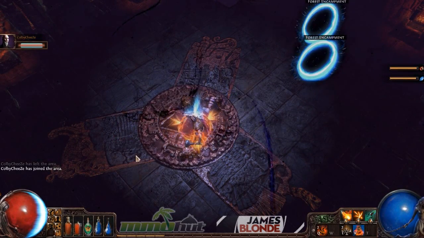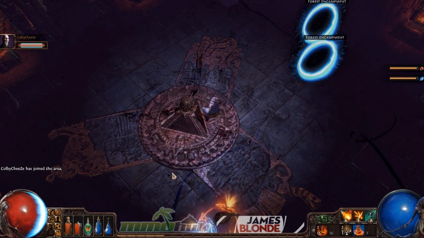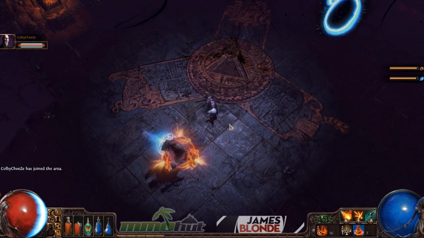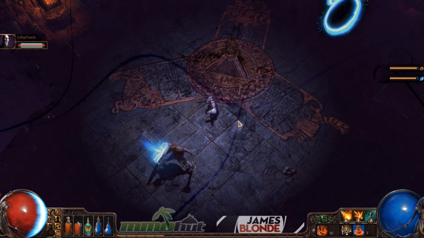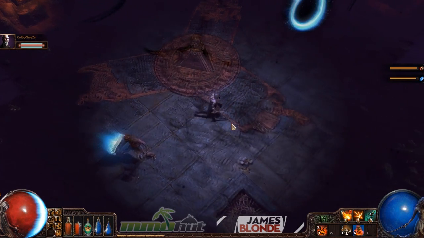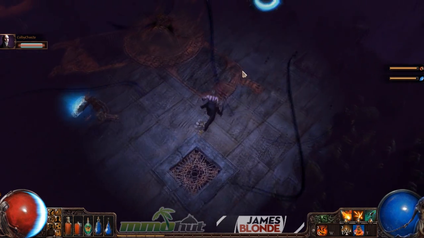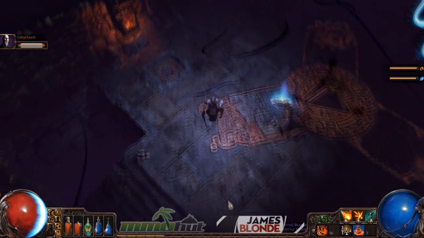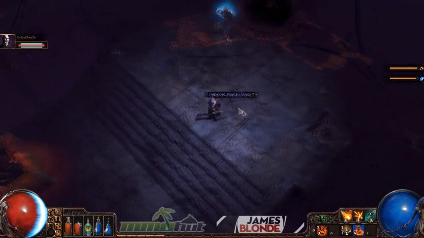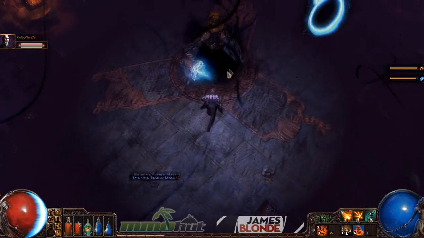What's happening, guys? This is James Blonde and my buddy Colby Cheese, and we're about to take on the last boss of Act 2 in Path of Exile. As it just recently went into open beta, the game now has new content past this point. So in this video, we'll be taking a look at the various parts of Act 3, as well as showing you the complexity of the game by explaining what I've done with my character at the different parts of Act 3. And right now, I'm a level 24 Shadow using a broad...